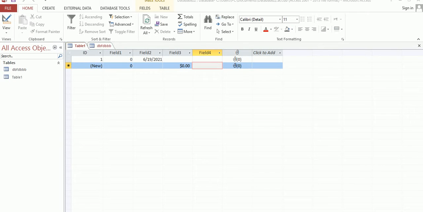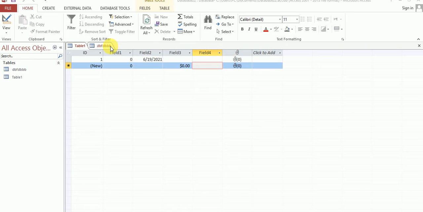Hello everyone. Already discussed in live class, modifying the structure of a table, page number 34. So, modifying the structure of a table. That means we already discussed how to create a table, using two ways. Number one is using datasheet view, and number two is using design view.